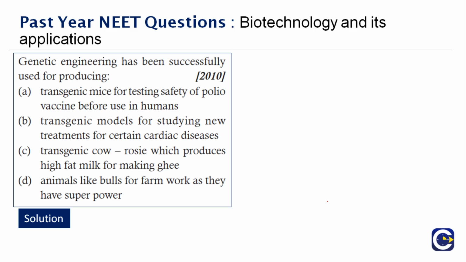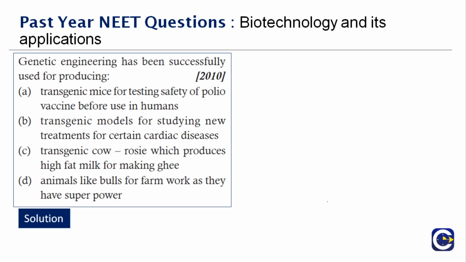Therefore, here we have 4 options. What do you think will be the right answer here? I just told you why it can't be A and B. In the previous question I told you that the maximum number of transgenic animals are found in the population of mice. So the answer is option A. It's not B. I just gave you clarity, whether you are able to answer. The right answer is option A.